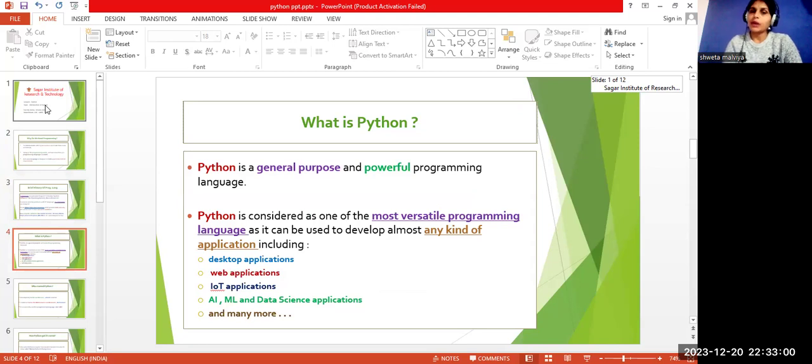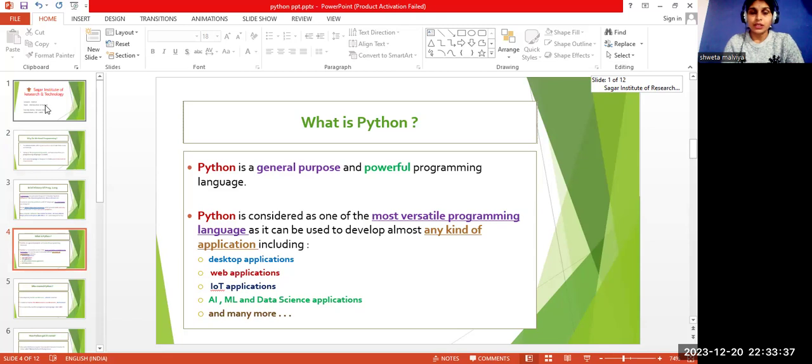What is Python and why is Python used? Python is a general purpose language and is very easy to understand and learn. Python is considered one of the most versatile programming languages and it can be used to develop any kind of application, like desktop applications, web applications, and IoT applications, and today AI and ML are a major area of Python.